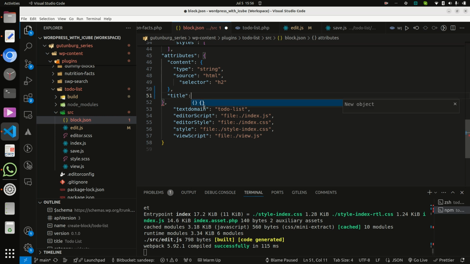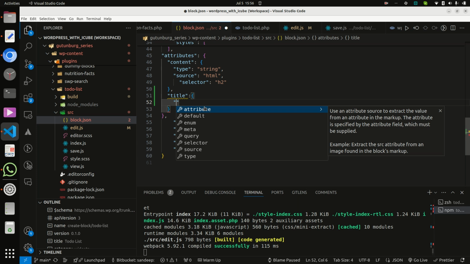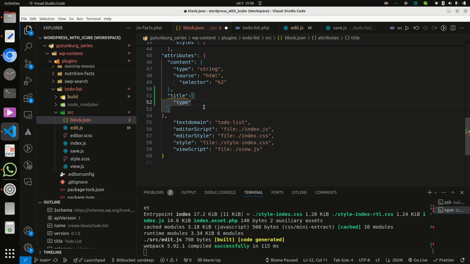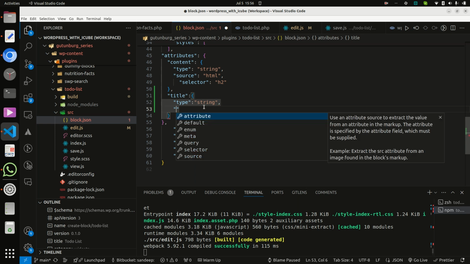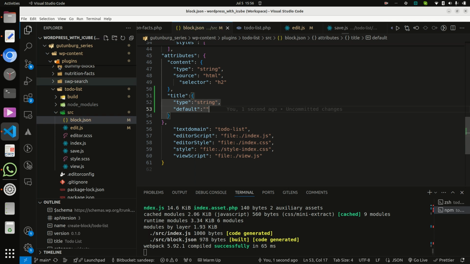Title, and here the type is string, and the default value I am just putting empty. Right, now let's check.